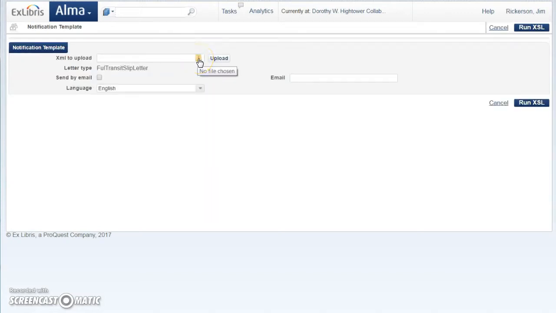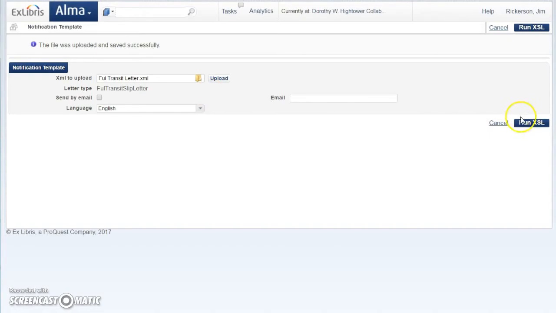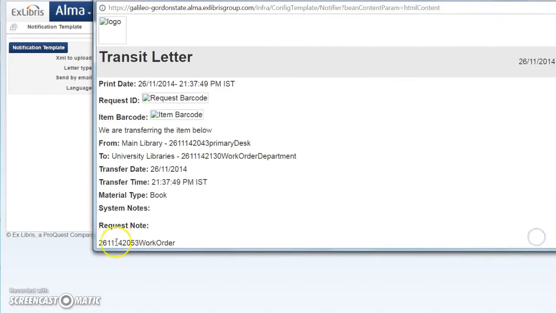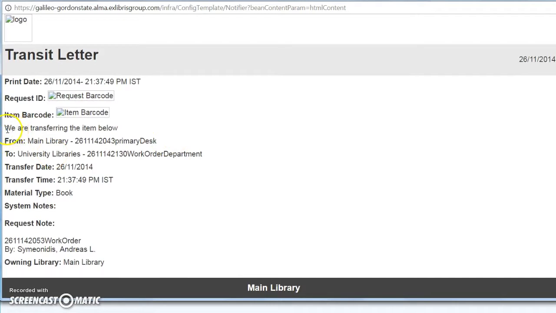And I don't have a book currently checked out from another library, but the transit letter should look something like this, and this is just a sample, but I believe that the printer would spit out something that said something like transit letter. It would have an image of the request ID and the item barcode, and a note saying something like we're transferring the item below from Hightower to whatever library it's going back to, and it would give you the